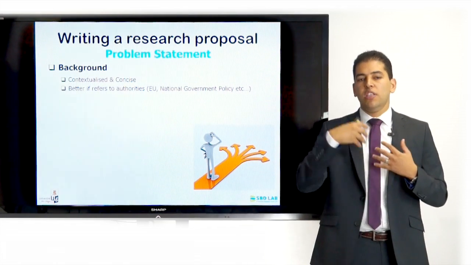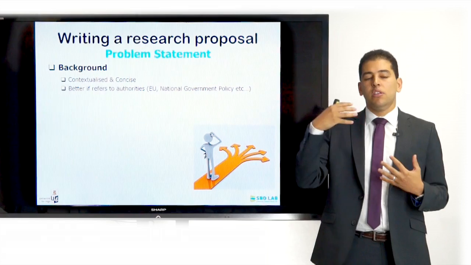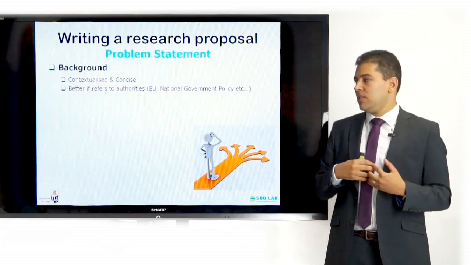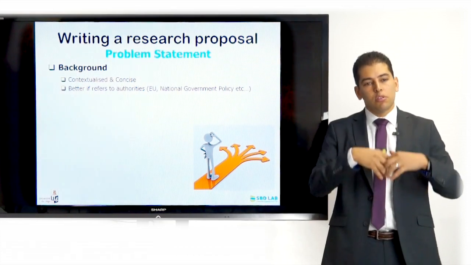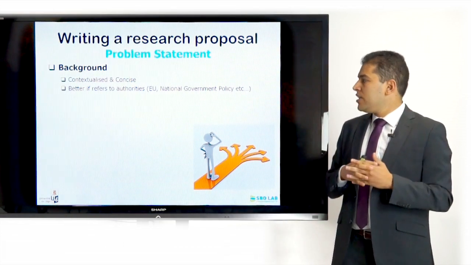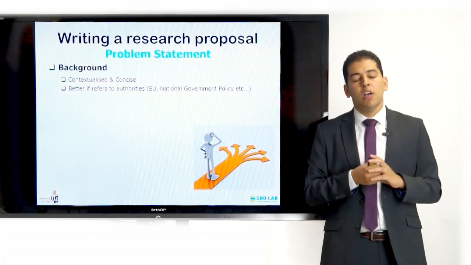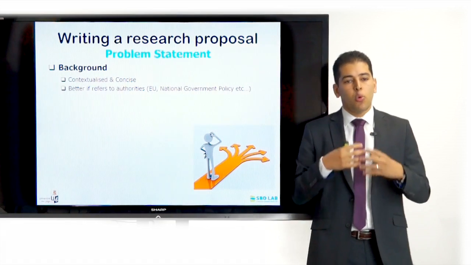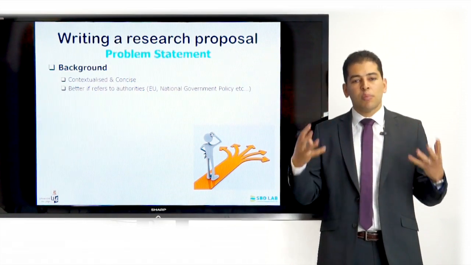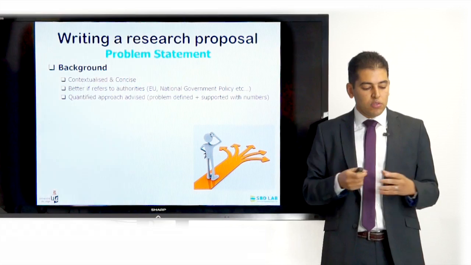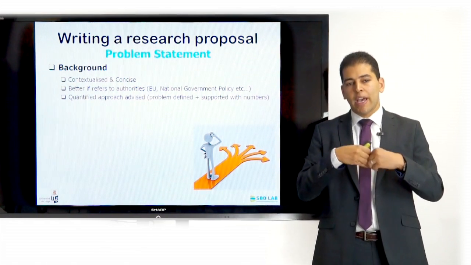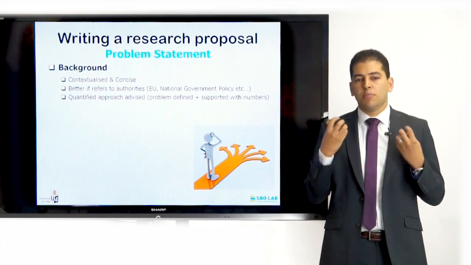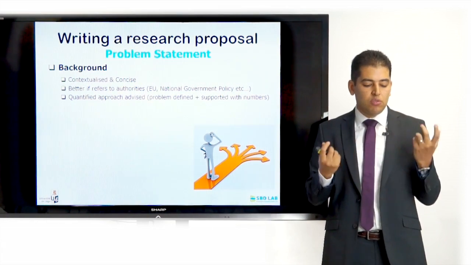So you start by saying the European Union has this objective, the national government has this objective, the region or the province or the city has these objectives. So you relate your background and the problem with political, governmental, or non-governmental authorities, the United Nations, the World Health Organization, whatever authority is stating something related to the topic. Also, it's important to quantify this information and quantify the background. So it's advised here to define the problem in numbers, give some statistics, some figures related to the issue,